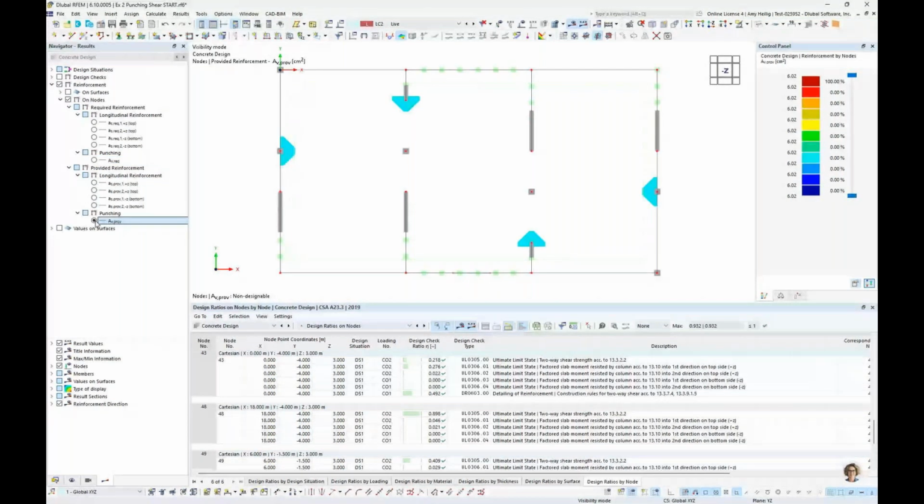And as we'd hoped, the provided is greater than the required, which is why we are now passing these design checks. There are additional design checks here beyond the two-way shear strength that are going to utilize the longitudinal reinforcement that we set for our surface. So this is why I mentioned we input in the surface reinforcement at the beginning of this example, because that reinforcement is also used for